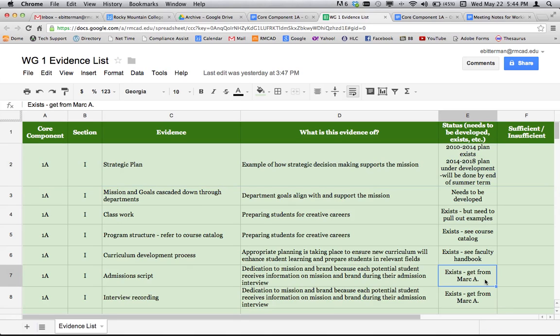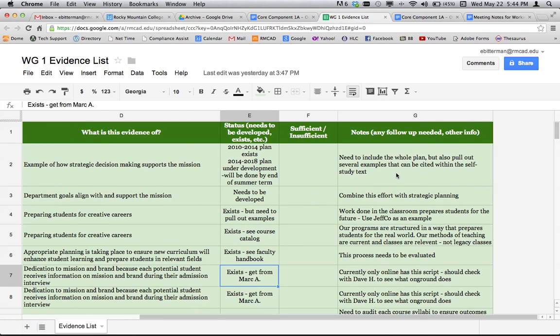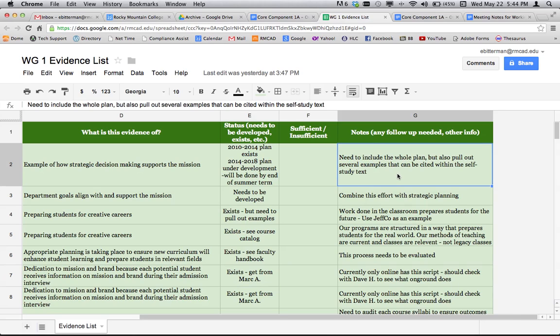Some of them may not exist, which is our cue that maybe we need to create a document. Sufficient, insufficient, let's leave that alone for right now. We'll revisit that as we start collecting the evidence. And here in the notes, just for the strategic plan one, I've personally said that we need to include